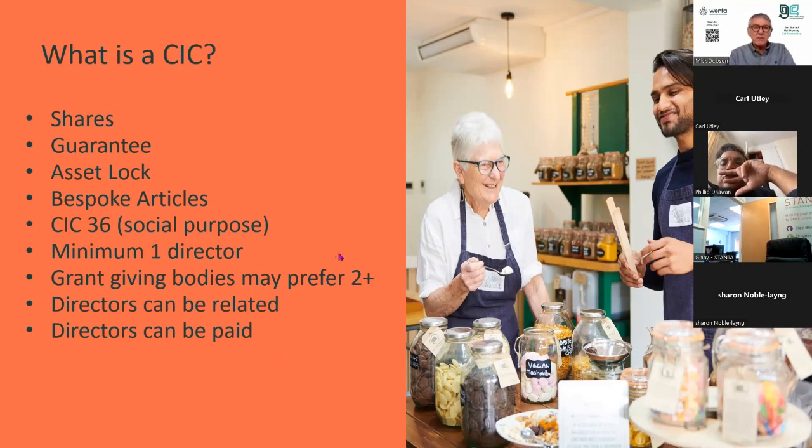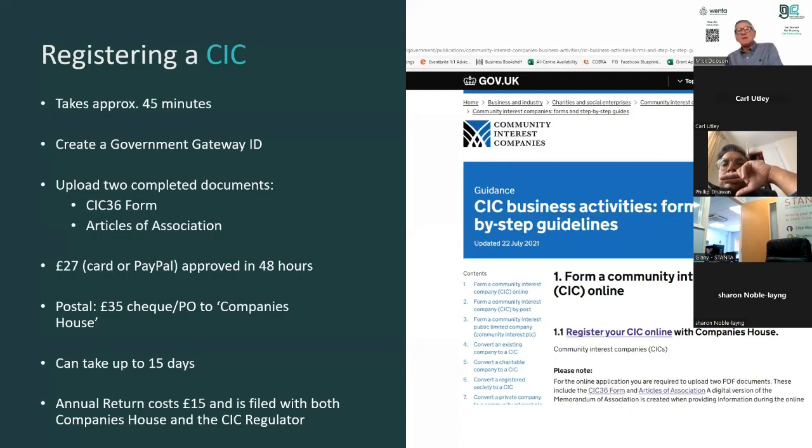So the actual incorporation process takes about 45 minutes. You go into the government gateway, which, if any of you have formed a limited company, is straightforward, although it's a bit clicky. There's lots of no, yes, no, and entering your name and address. You start off with a 2-factor authentication going through the government gateway. And then as part of the process, you enter the name of the CIC, they automatically check if somebody else has got it, and you move on through the process.